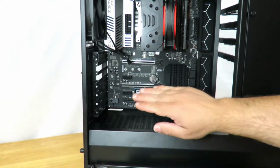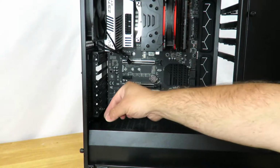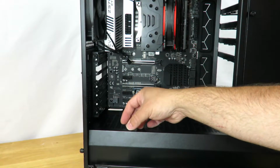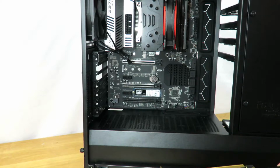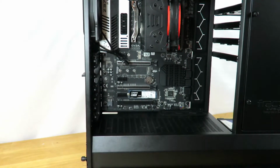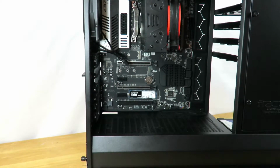But because I don't have a riser cable that would plug into here and then come down and have a little mount right here, a PCIe slot, I'm not going to do that right now, so I'm going to go ahead and install it mainstream. Now, you're going to have to angle it a little bit because this gets in the way. And another thing really cool about this case is right now,